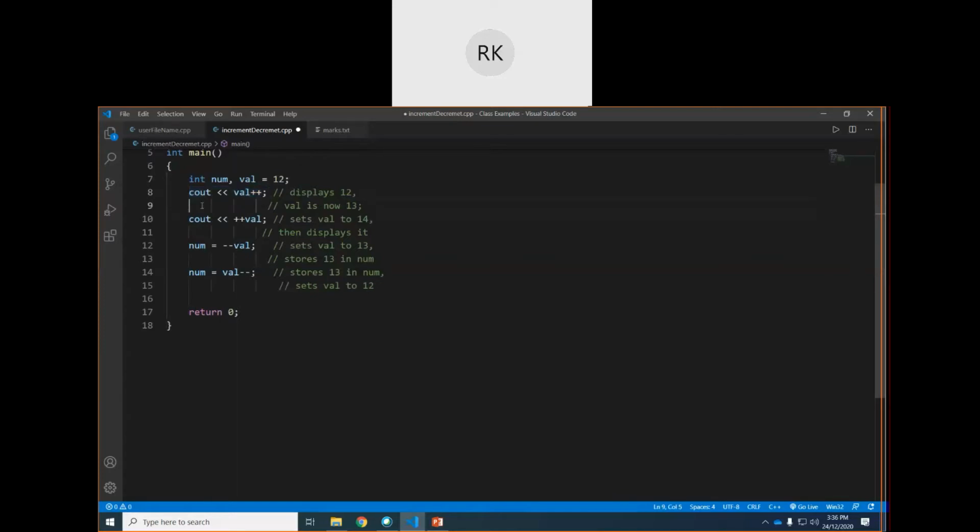And you see at line number 9, it will become 13 because it's already incremented at line number 12. Sorry, at line number 8. So at line number 10, when we do cout, but the prefix version plus plus, it was 13 already. Now again it will become 14 first due to the prefix version, and then the value will be displayed, which will be 14. And after that, if we write num equal to minus minus val, so you see here